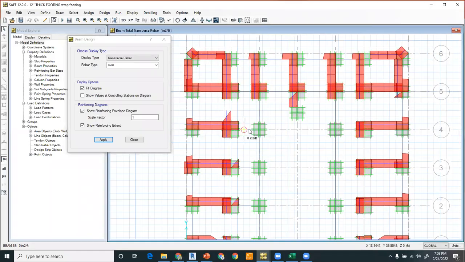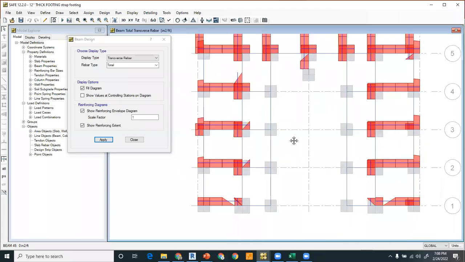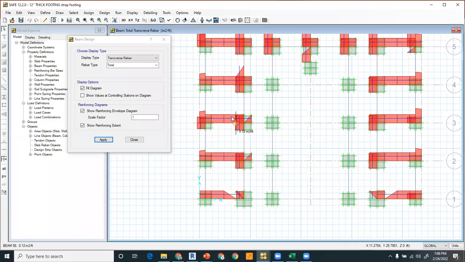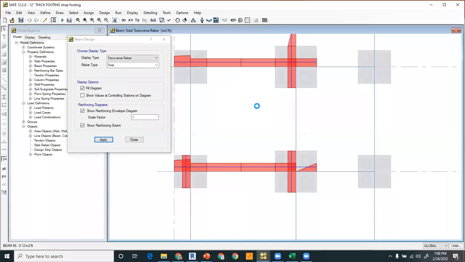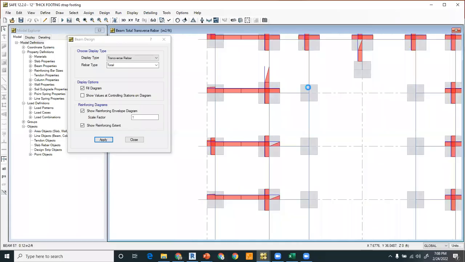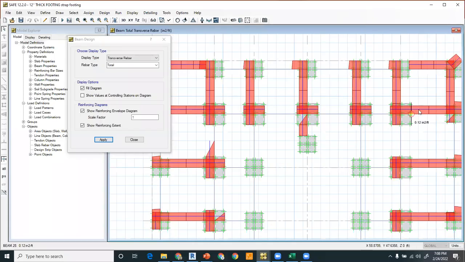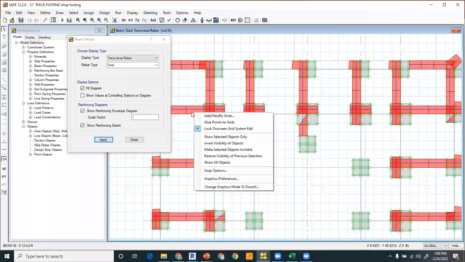And in some beams it is showing 0 because there is no shear and it is incorporated by the other beams, right? So now if I move the cursor over this beam, it is showing me it is 0.12 inch square per foot, right? This is the reinforcement required for the beam, right? And I think this is the minimum governing. If I right click on this,